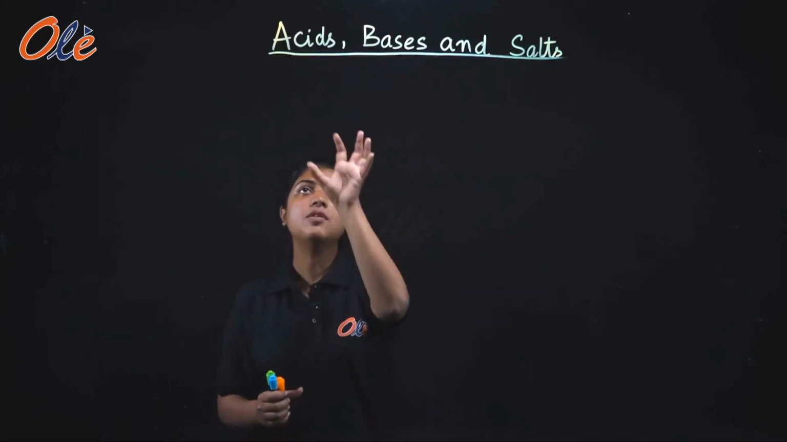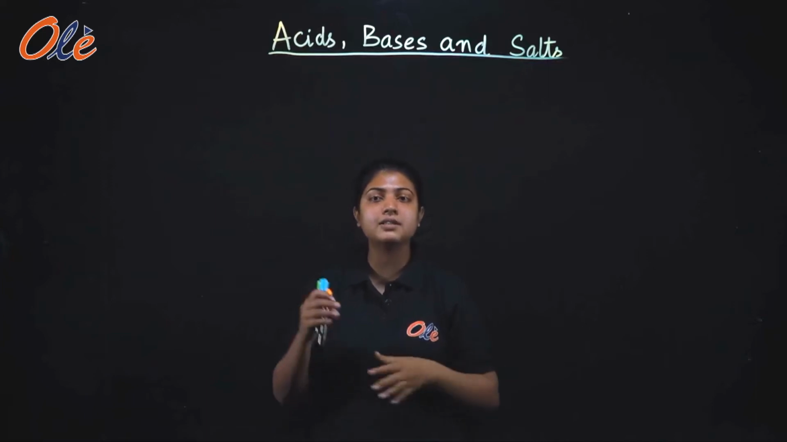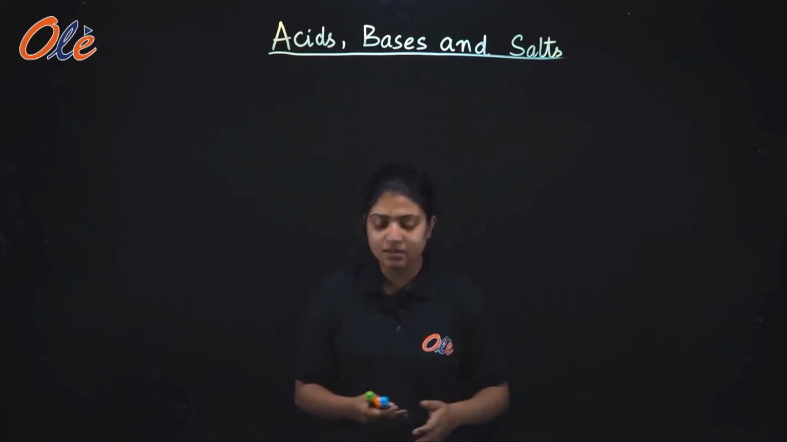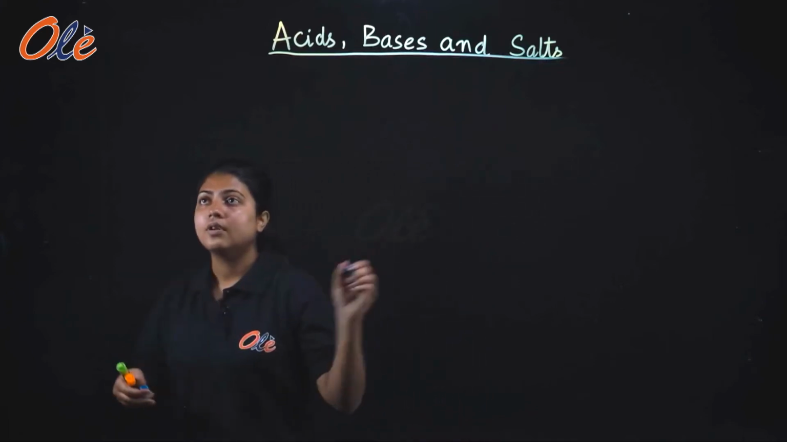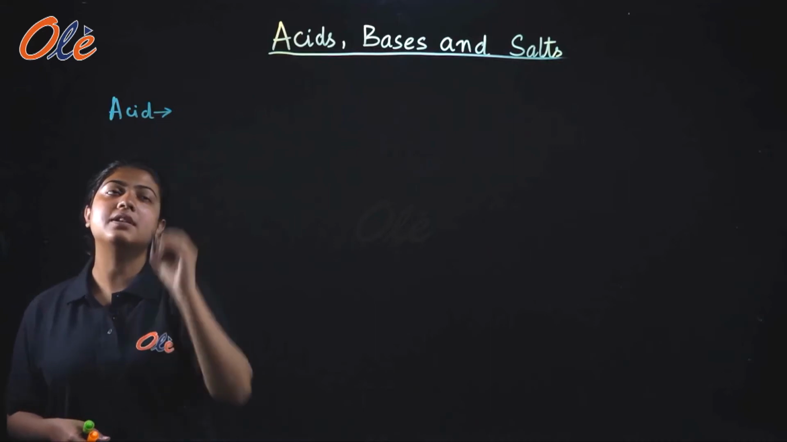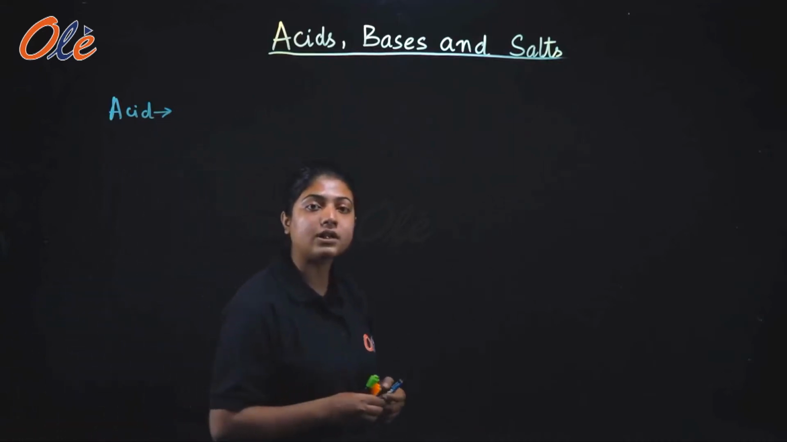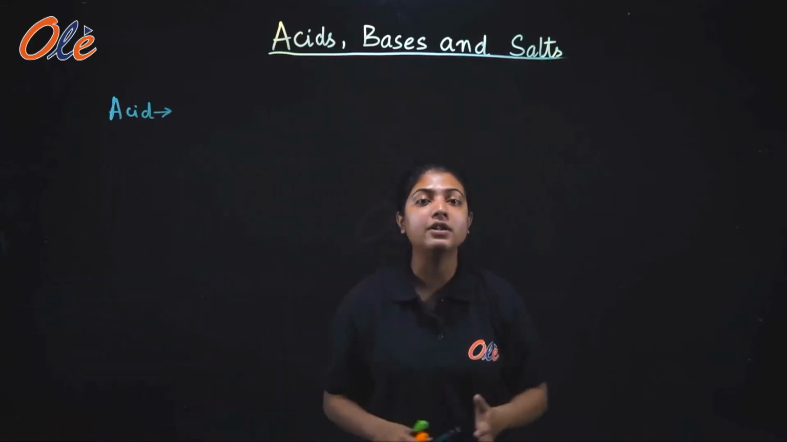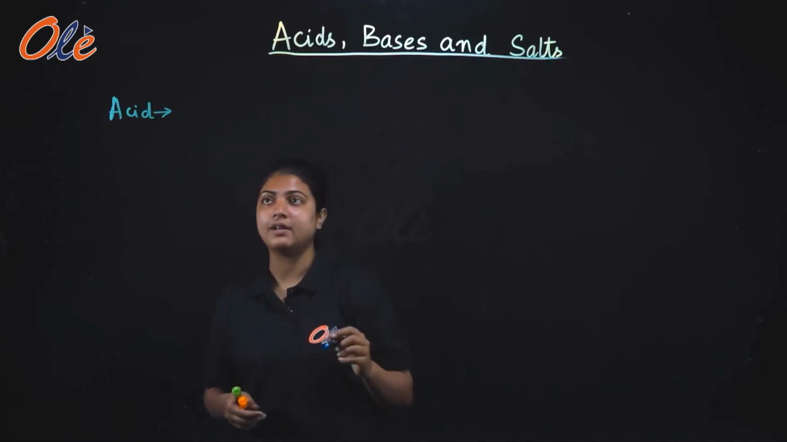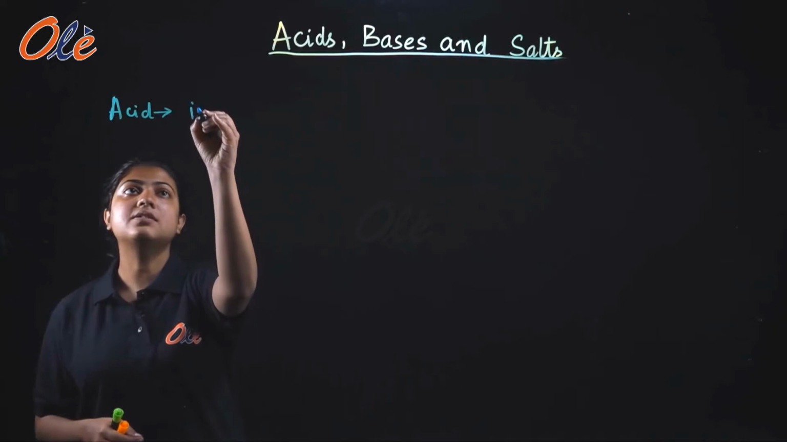Okay. So the first question that arises here is, what is an acid, what is a base and what is a salt? So what is an acid? Acid is a substance which when reacts with water, it gives a hydronium ion as the only positive ion. Acid is a substance